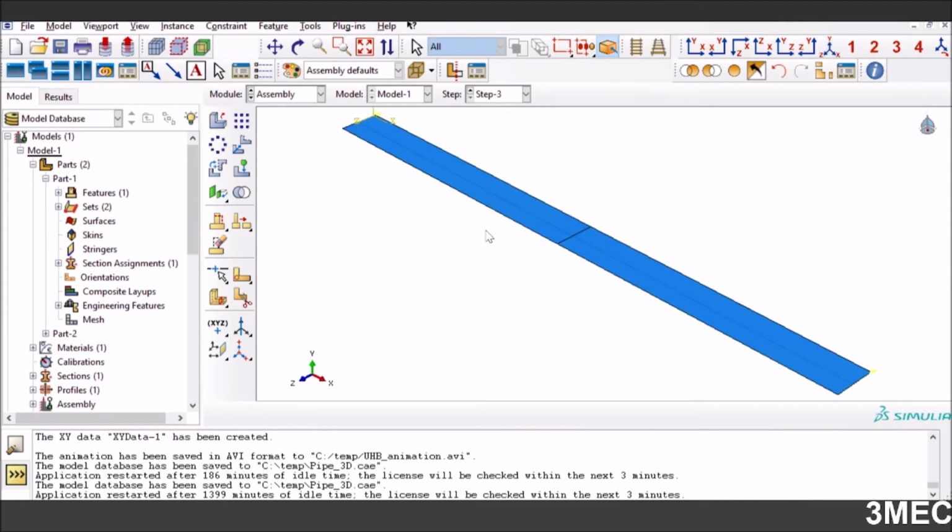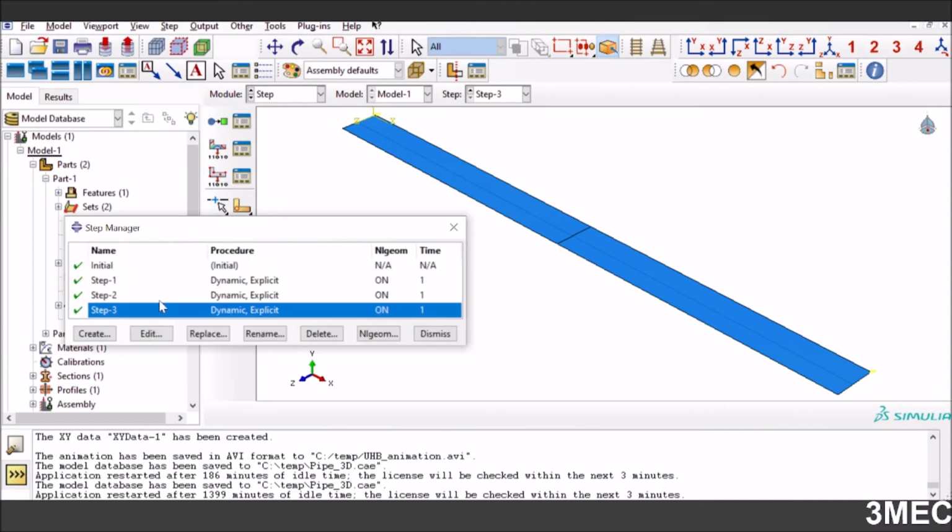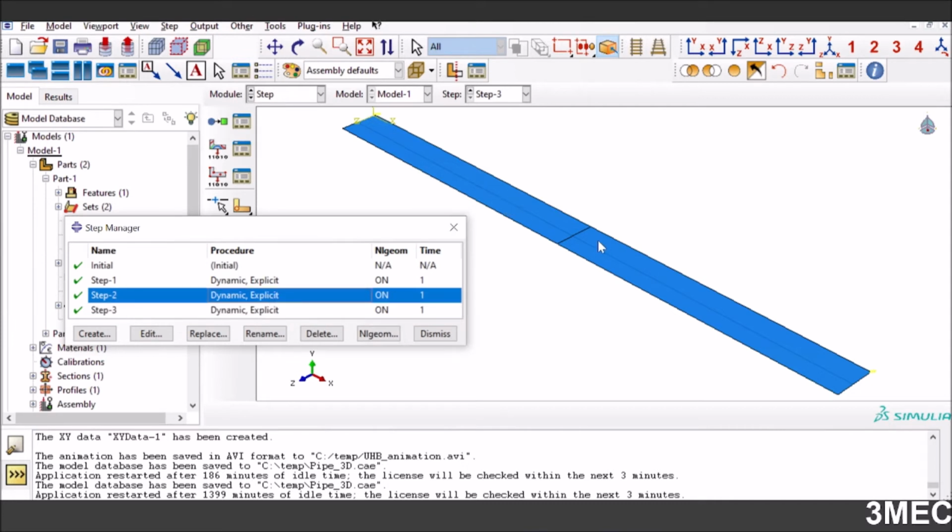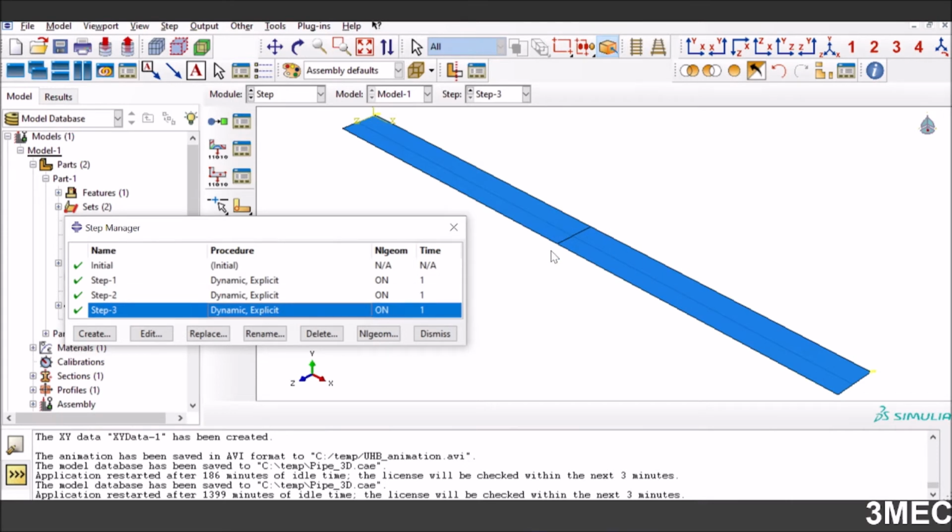So pipe is on the top of this, and that's what you have to do here. Then you can go to step, and then you create 3 dynamic steps. So you remember we had 3 steps. In the first step we will only apply gravity load. In the second step we will move this part of the seabed downwards, and in the third step we apply temperature and fix this end of the pipe in horizontal direction and see what happens, and we see some buckling